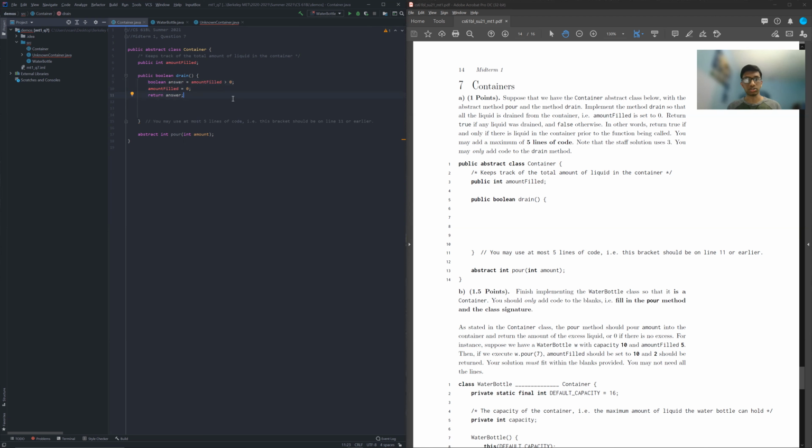The way this works is we first make an observation, if you will, called answer. The answer is a Boolean variable that stores whether or not there was any liquid prior to emptying it. And then we empty the container. There's no more liquid in it. And then finally, we return the answer. Seems a little convoluted, but that little demonstration that I just did showing why it didn't work the other way explains why.